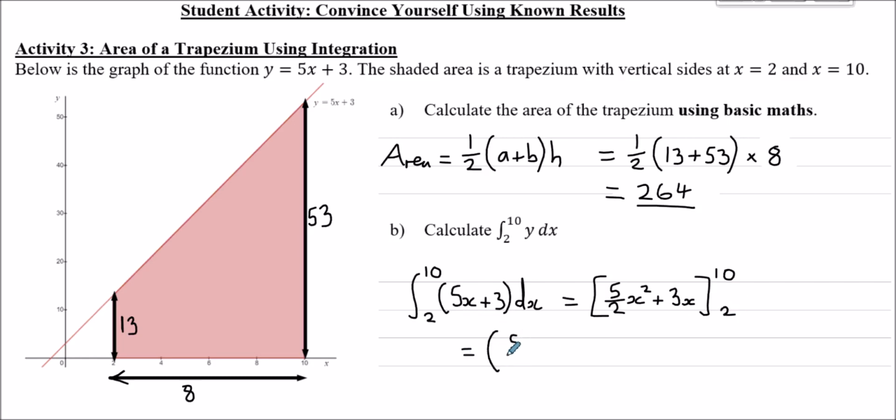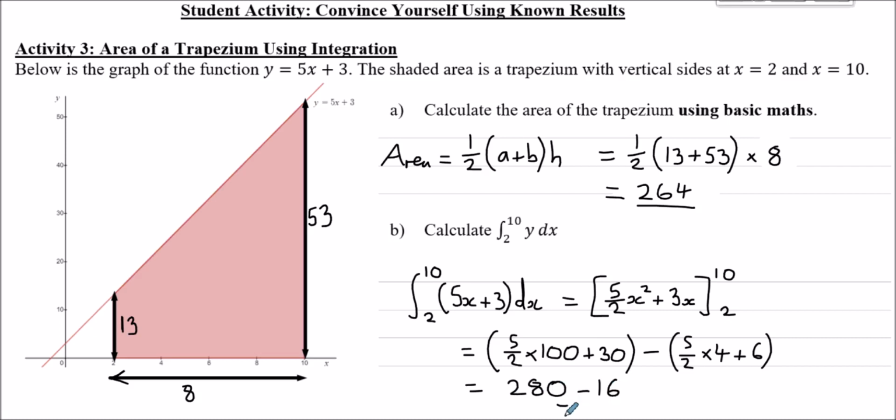So that gives us 5 over 2 times 10 squared, which is 100, plus 3x, 3 times 10, which is 30, minus off 5 over 2 times 2 squared, which is 4, plus 3 times 2, which is 6. And so if you try it on a calculator, or trust yourself, I'll try it on a calculator to be honest, you get 280 minus 16, which is 264, which is exactly what we expected, because that is the area